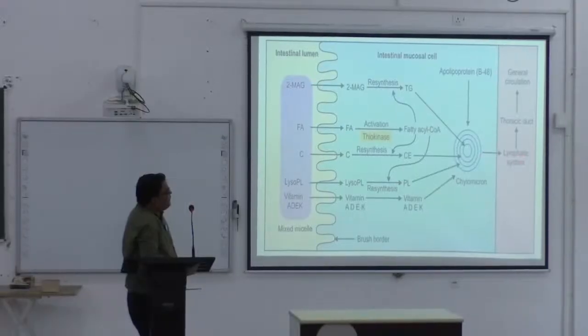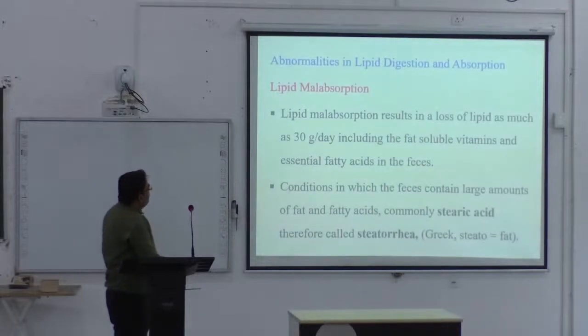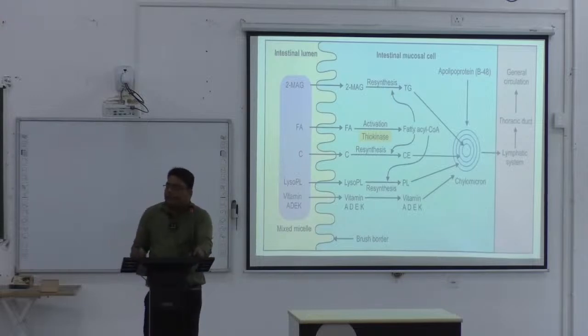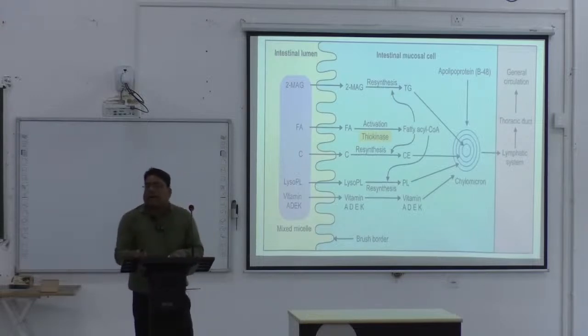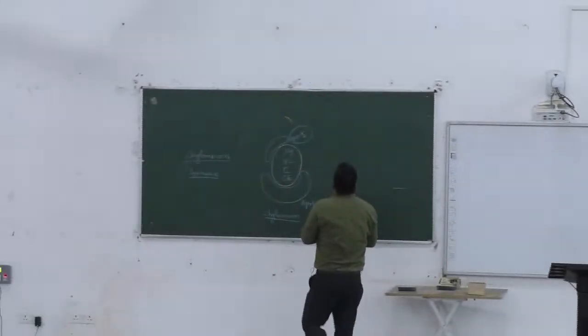Going to the lymphatic system, it contains fatty acid, fatty acyl-CoA, 2 monoacyl-CoA, lysophospholipids and vitamins A, D, E, K. So these go to the lymphatic system. So what is happening in the blood? How are these free fatty acids moved in the blood? It is by the combination of